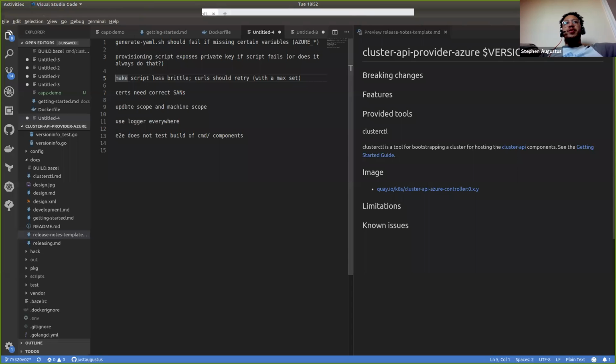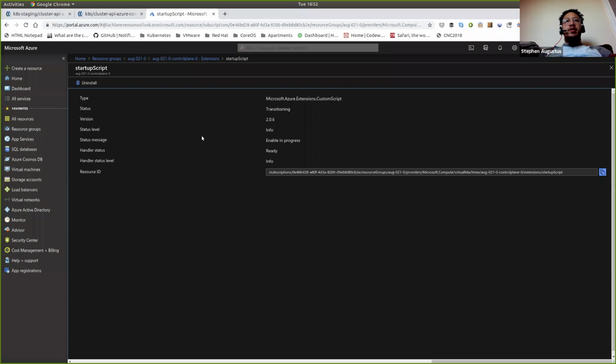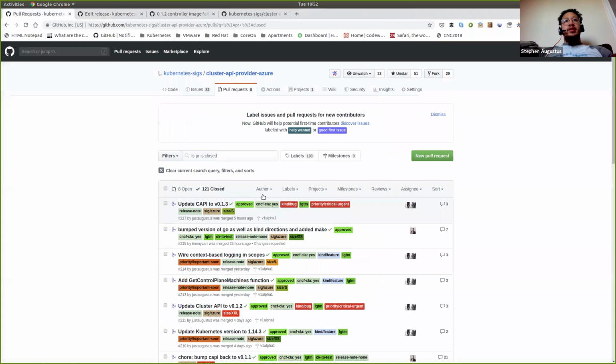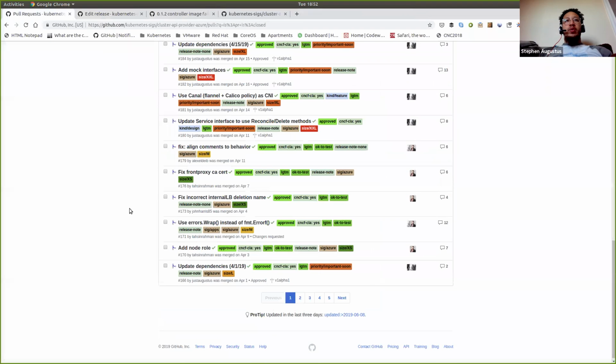There are some updates to the machine scope and the cluster scope that need to happen. Those are already in progress, using Logger everywhere. So I will show you the PRs that I'm talking about. All right, so we have